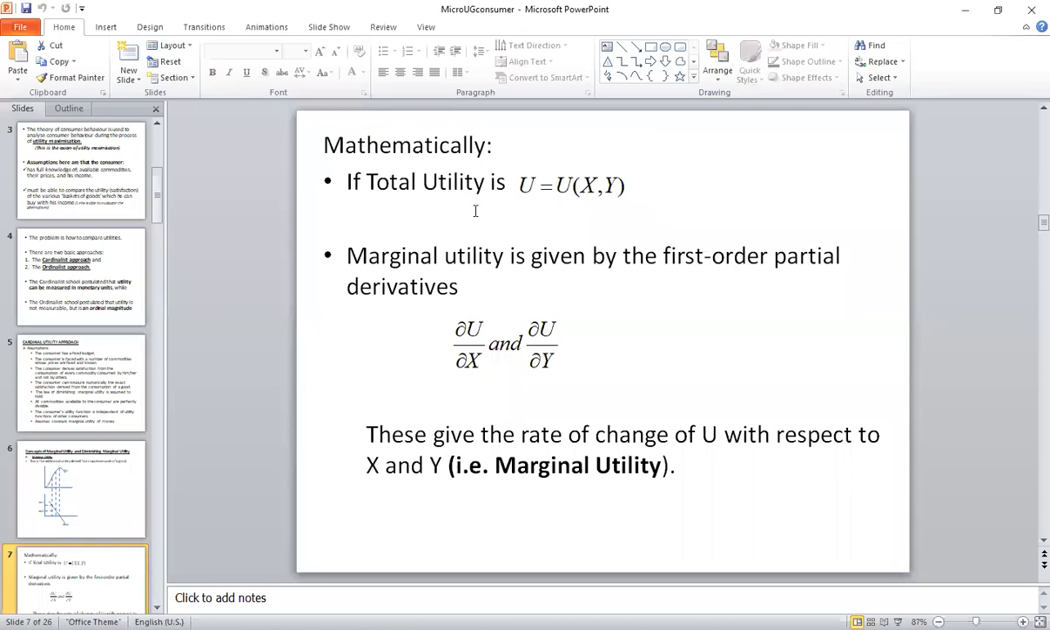Okay, now how do we get the marginal utility from that? Marginal utility is given by the first order partial derivatives. In other words, you differentiate the total utility with respect to X and Y to get the marginal utility. So these values here show the marginal utility of X and marginal utility of Y. Okay, so basically that is the marginal utility